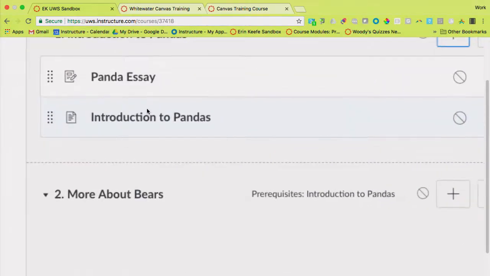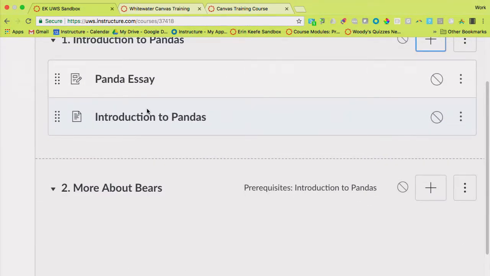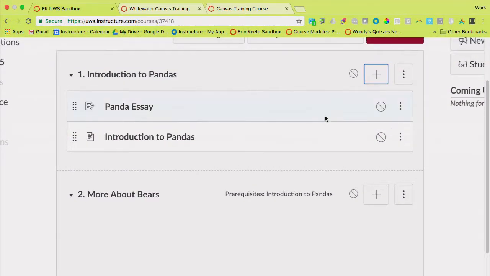And then just go ahead and click Add Item. It's going to create that space for us. Notice that the icons are changing, so these icons are letting you know what it is that you've put in there. That assignment is the piece of paper and a pencil. The Intro to Pandas is a page, so the page is just that piece of paper with the folded over corner.